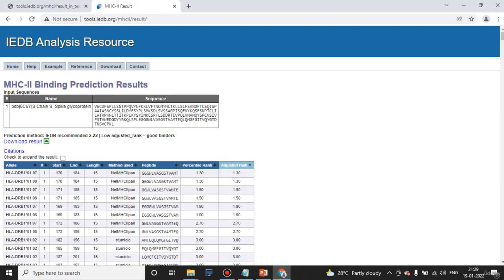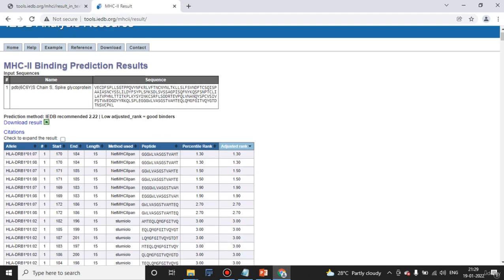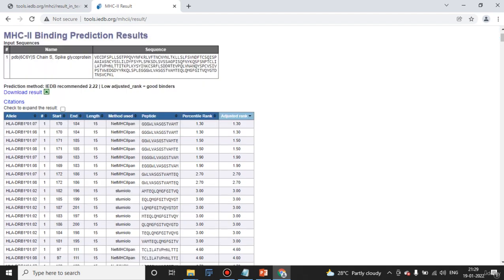Now after getting the results, see if the results are in jumbled format. If it's jumbled, then you need to do it again until the results become organized like this. Here it's based on IC50, meaning to interpret how toxic the protein is. When you do it automatically, sometimes you might get jumbled results. When you do it manually, you will get an arranged result like how we got it now, so that